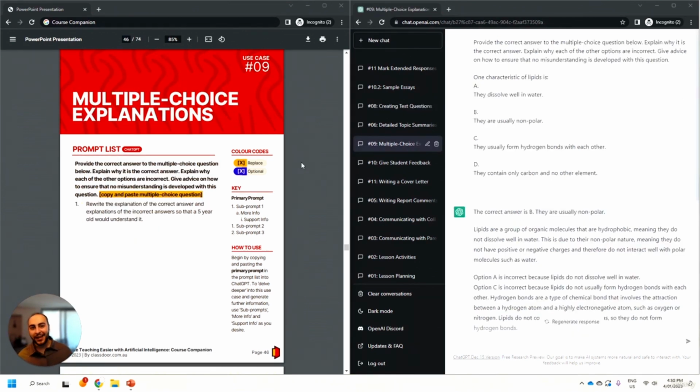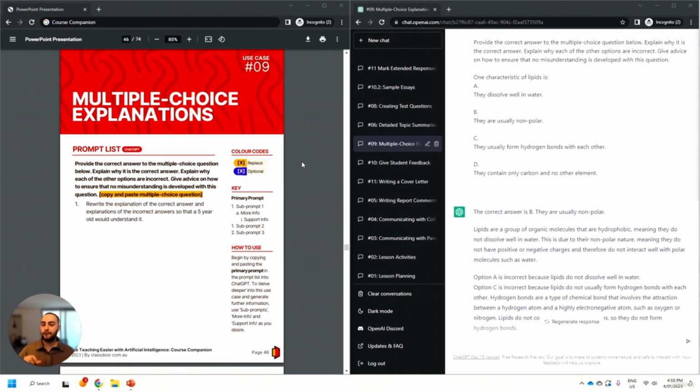We're going to dive deeper into multiple choice questions now by having ChatGPT generate some great explanations to support each individual question that you can use as a teacher to confirm your understanding and help you find ideas to teach that topic to your students, or even provide the explanations to your students so they can use as part of their own study. Here we're going to provide ChatGPT with a question, and we're going to ask it to generate which one is the correct answer and why is it the correct answer.